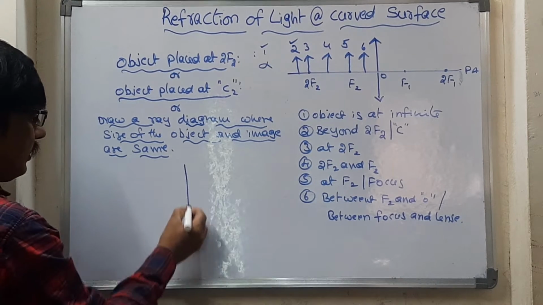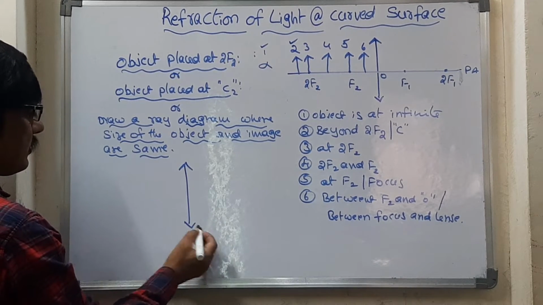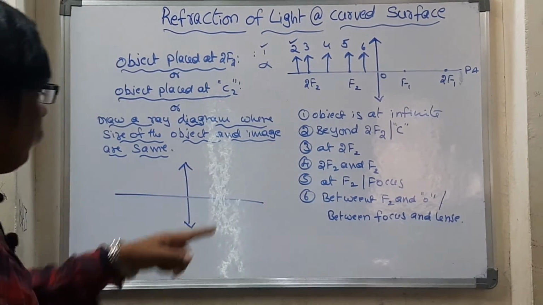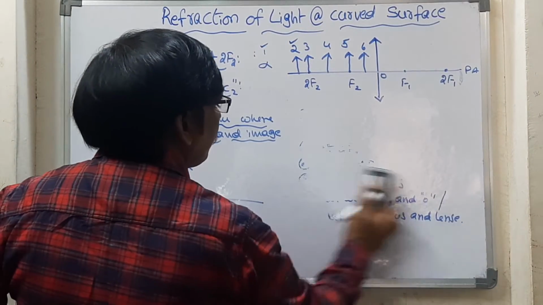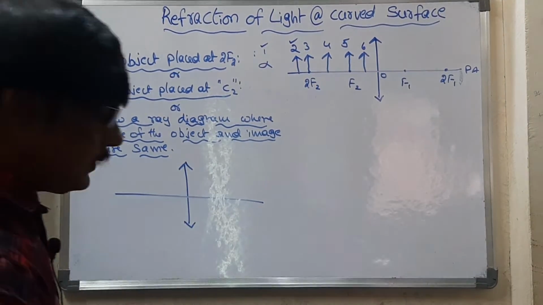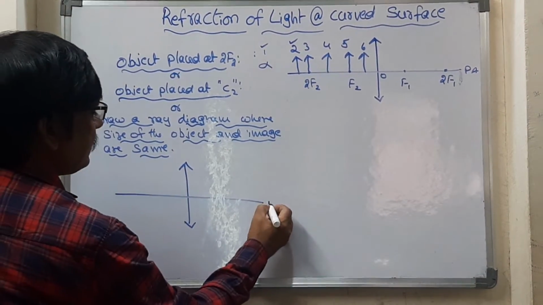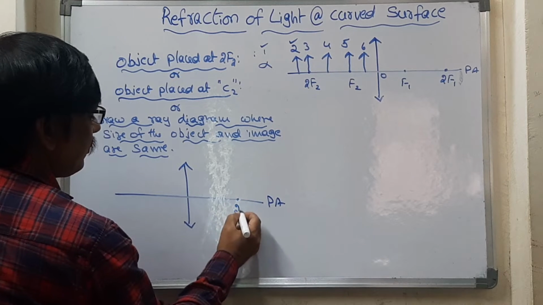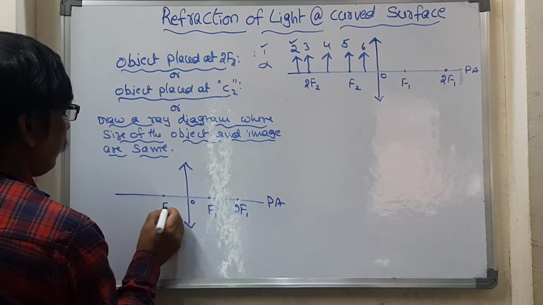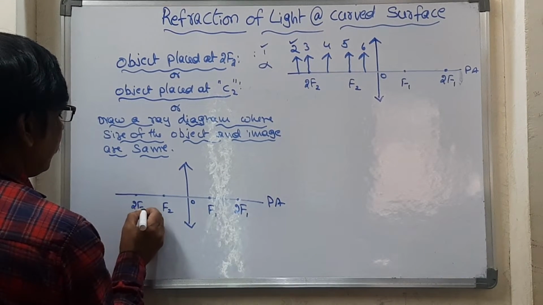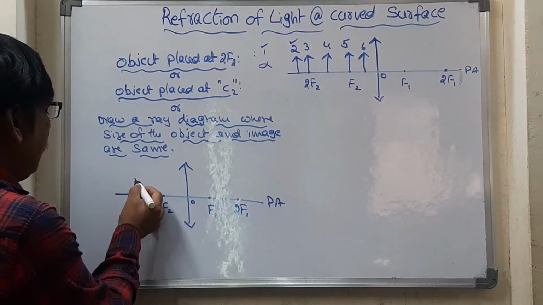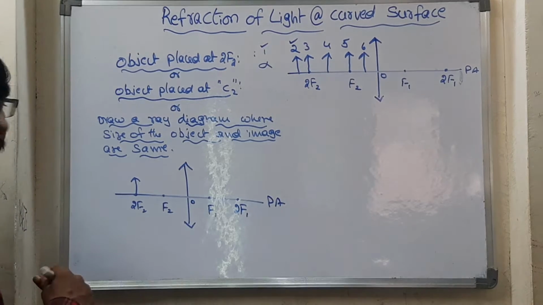So first of all, take the convex lens. I will wipe this one, so we will get the properties. We can write on this side. So these are the situations. I think you might have understood what the situations are. And see here now, this is the principal axis. This is 2f1, this is f1, optic center, f2 and 2f2. Then here we have to place the object. This is the object we are placing.